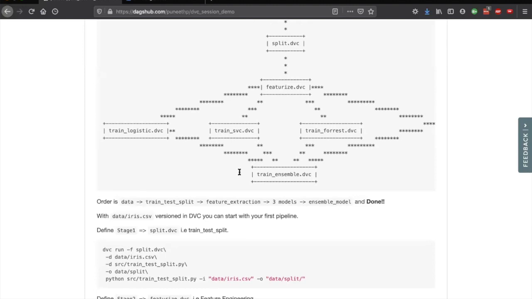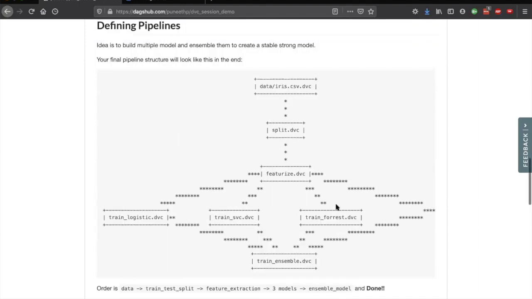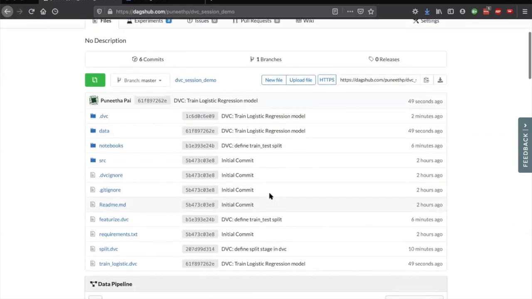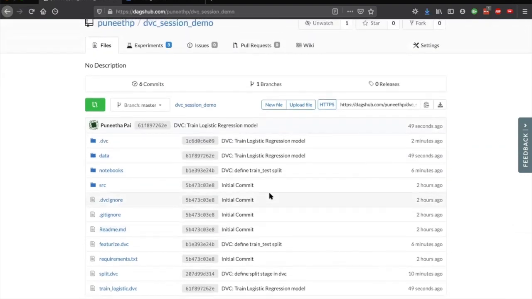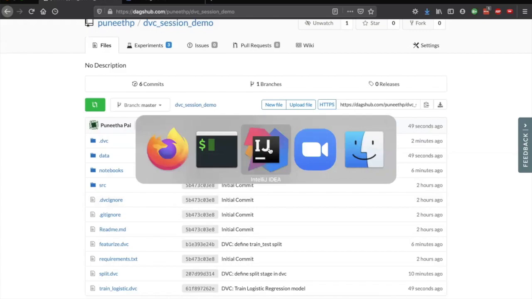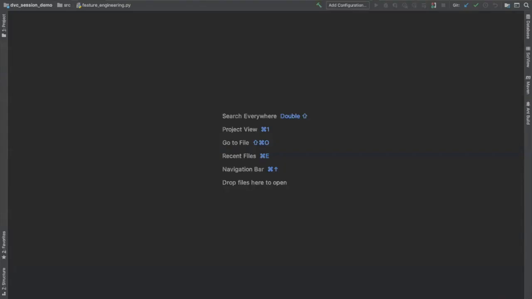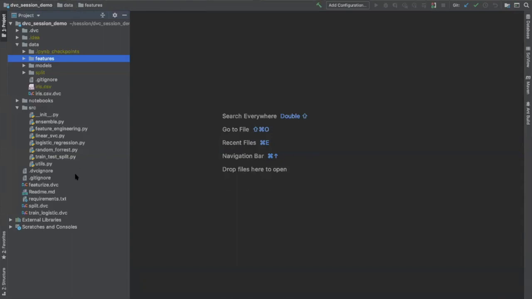Puneet, I have a question here. Yeah. So after you push to the DagsHub, is the experiment being run on the DagsHub again? No. So whatever you have locally run, that information is propagating to DagsHub. Yeah. And DagsHub is just showing the experiment. Yeah. Result. So yeah. Please continue.